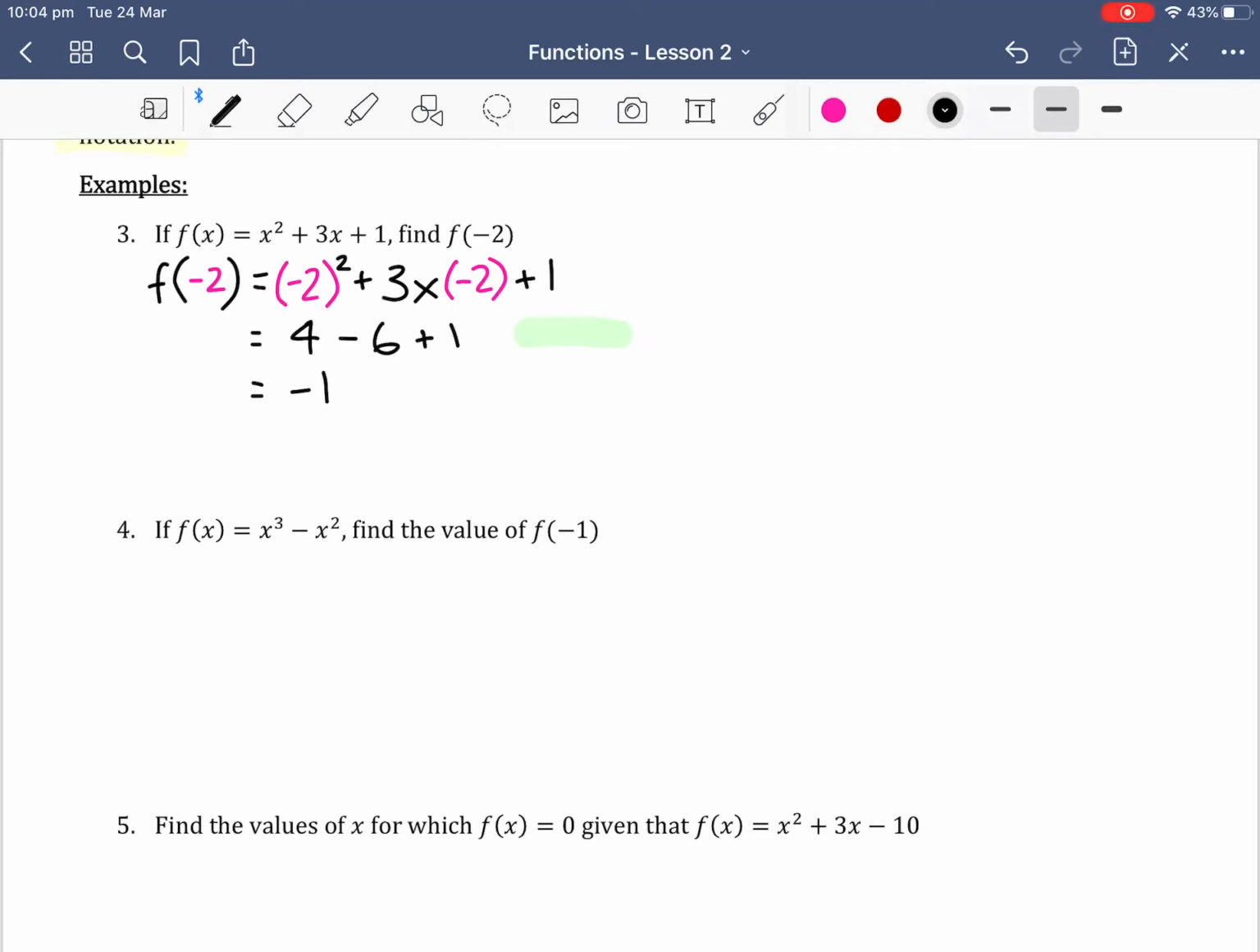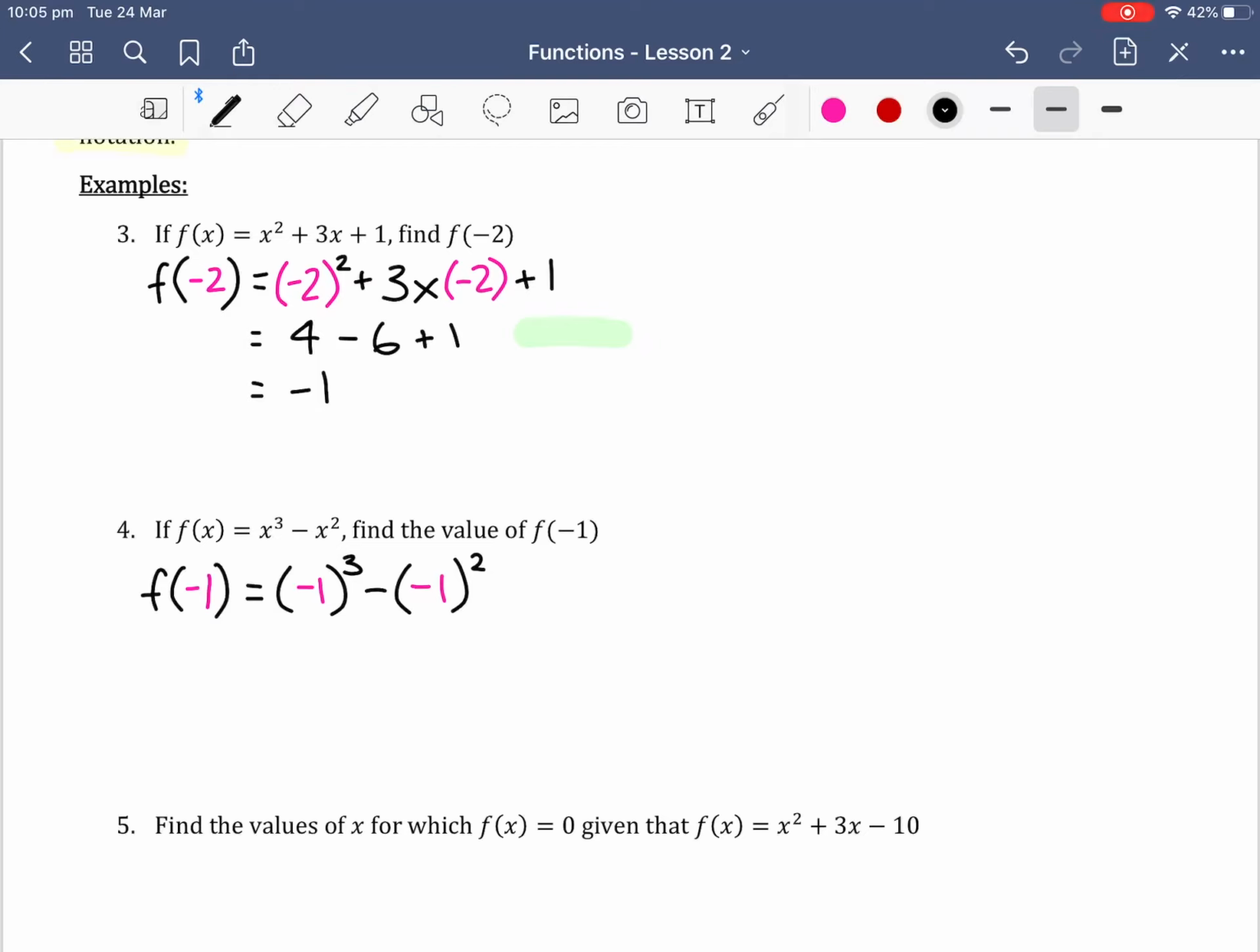Example 4: if f of x equals x cubed minus x squared, find the value of f of minus 1. This just means that we're subbing in minus 1 wherever we have our x's. So we go f of negative 1 equals negative 1 cubed, minus